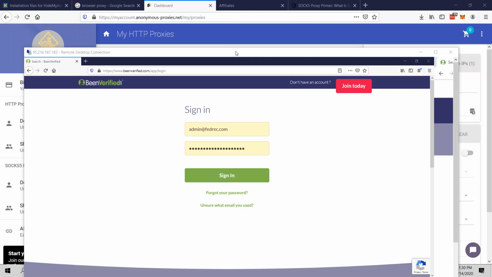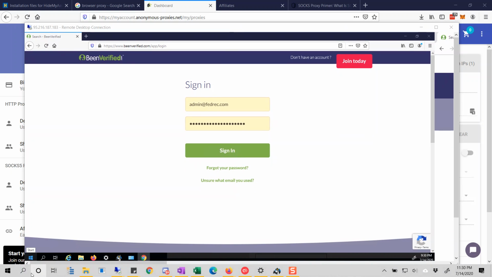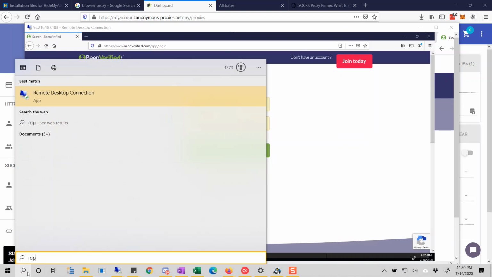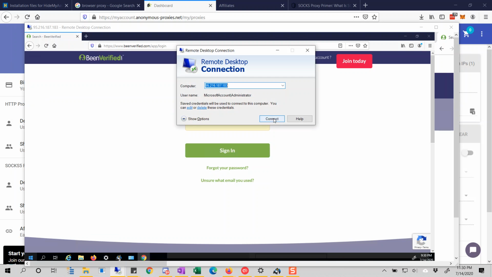Alright, this training is on how to use our VPS. I'll put the login and password below, but what you want to do is type in RDP. It's called remote desktop. And once you're here, you want to enter the IP address that I've given you here. This should be the one, and it could change. I might have a different server. And then once you hit connect, it's